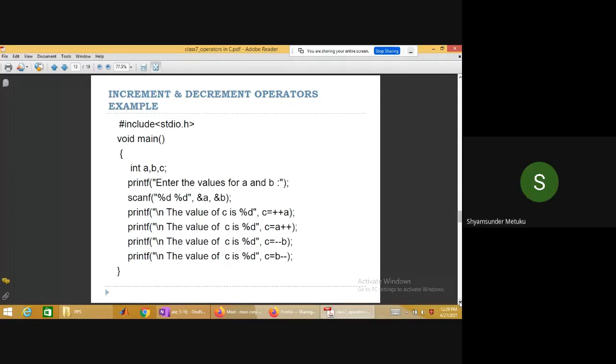Then the third one. What is it? 9. Yes, it is good. It is pre-decrement: first 10 will be decremented to 9, then it will be assigned to c. Then what is the last printf? 9. Because even though b changes to 8, before it changes to 8 the value of b was 9. So 9 is assigned to c, then b is modified. Correct? Is it clear to all of you or not?